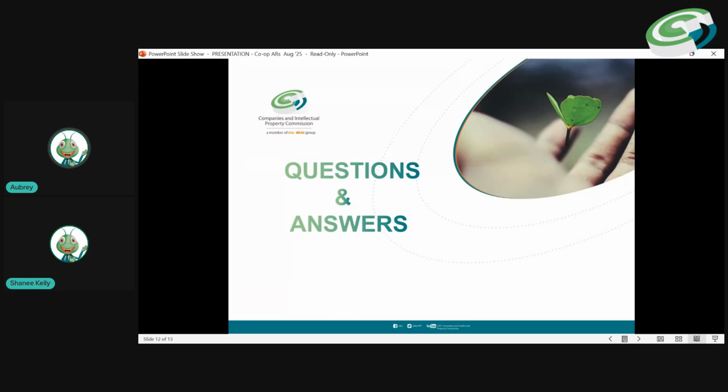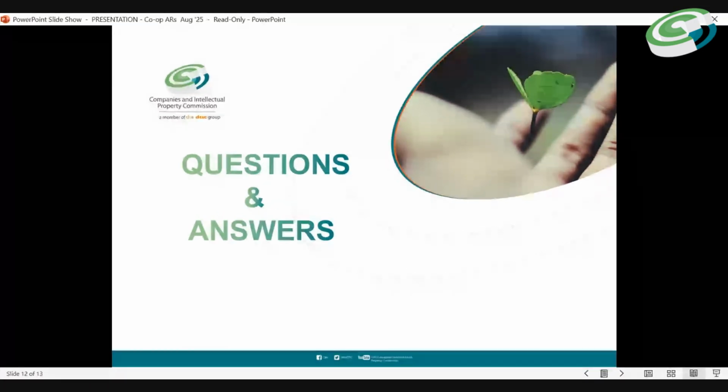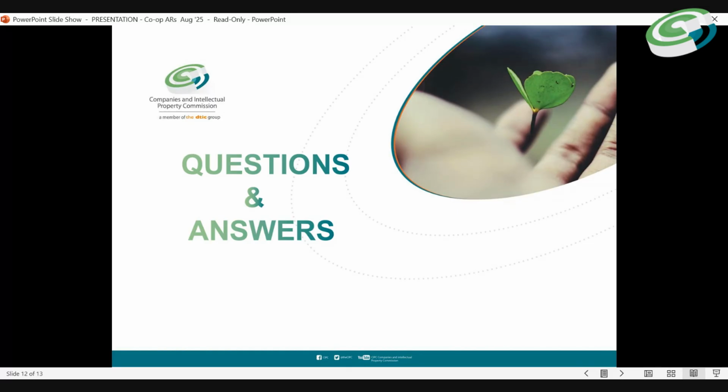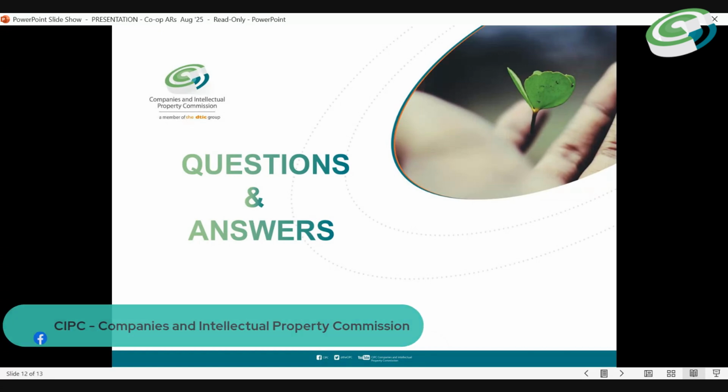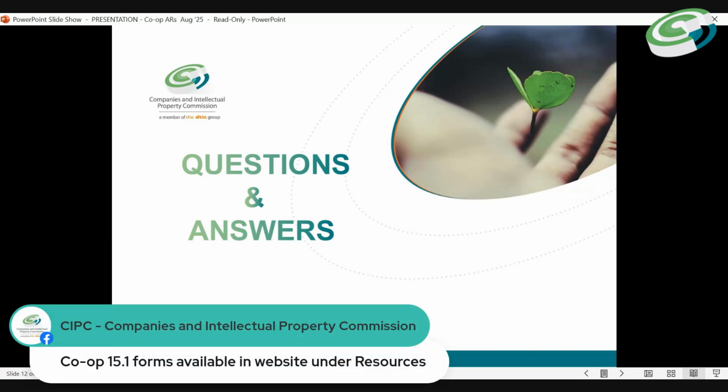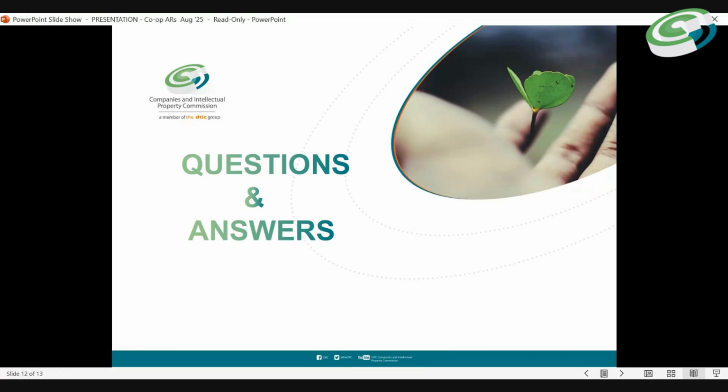The most important thing is that as long as they've got the know-how of how to compile financial statements, and as we've also indicated during the presentation, we also have templates that they can use, the Co-op 15.1, that is also available on the CIPC website under forms and fees.